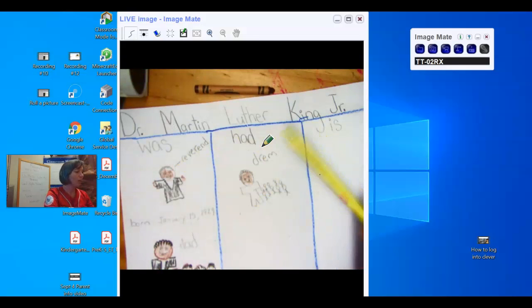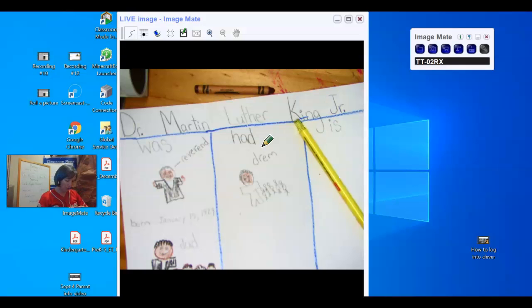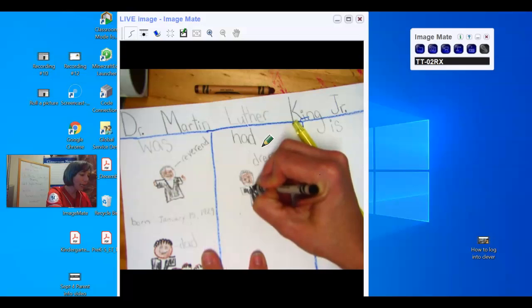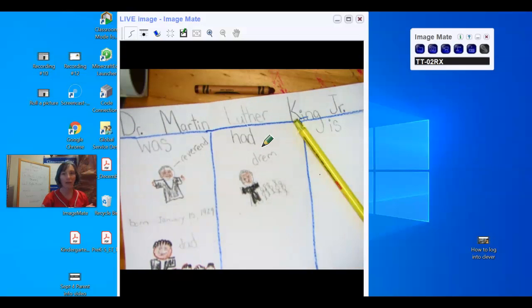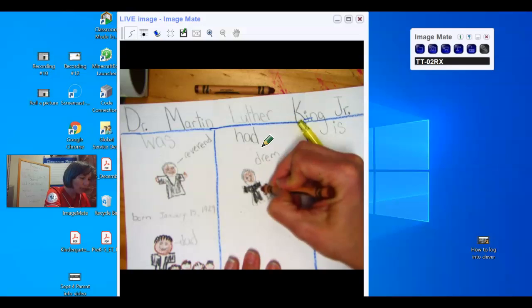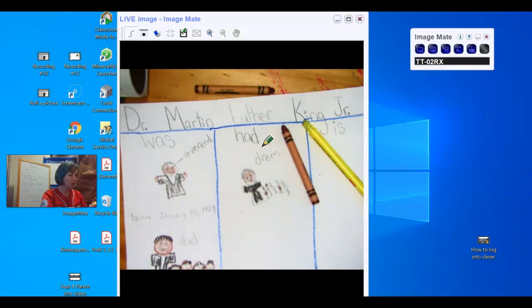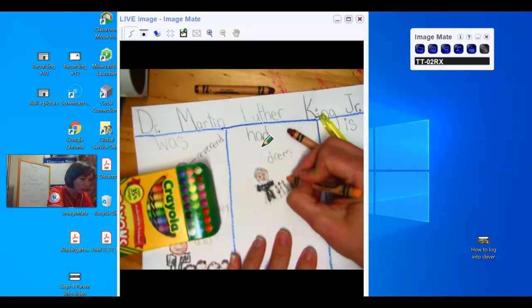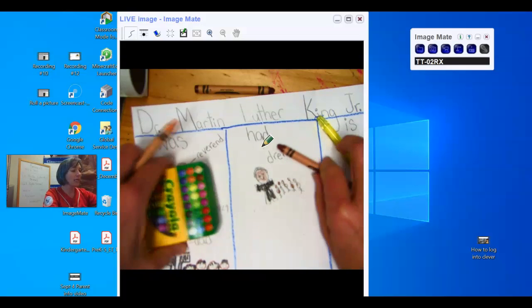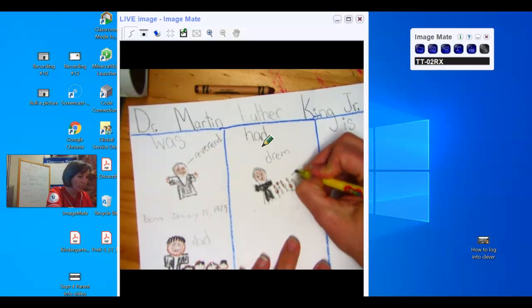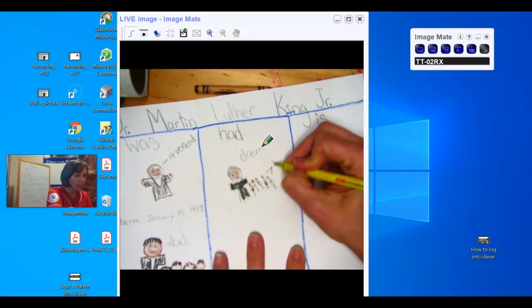He had a dream. And I remember in my research that he had a dream so that kids could play together. And he had a dream. I remember the words he said were little brown boys and little brown girls could play with little white girls and little white boys. Right? He had a dream where all the kids could play together. So let me see if I can label that. Kid. So I'm going to label my kids in my dream. Right? Kids